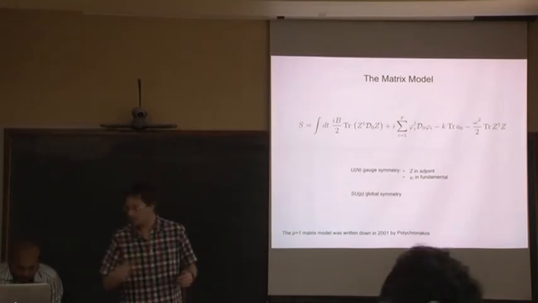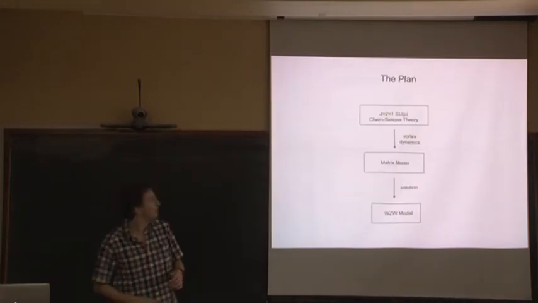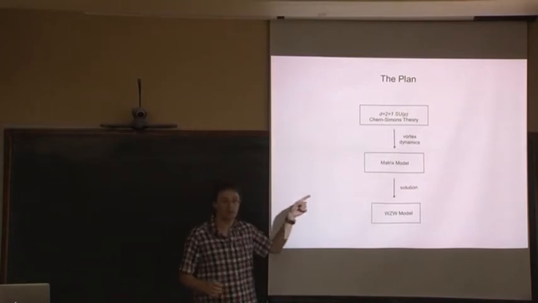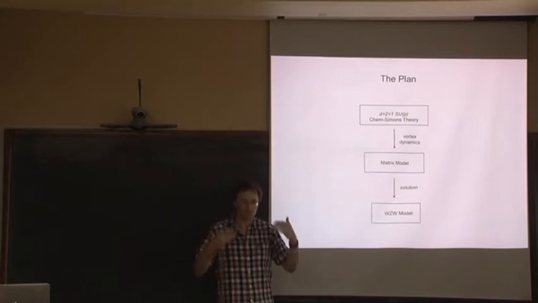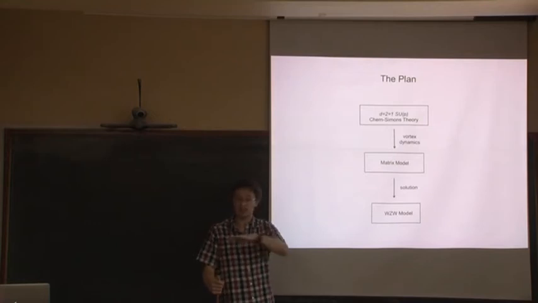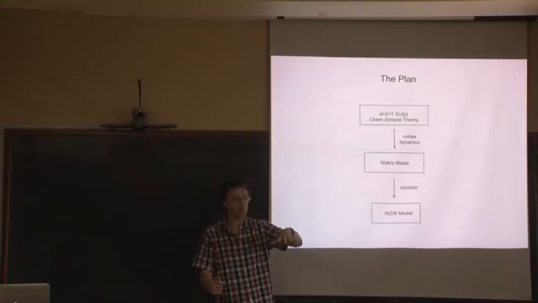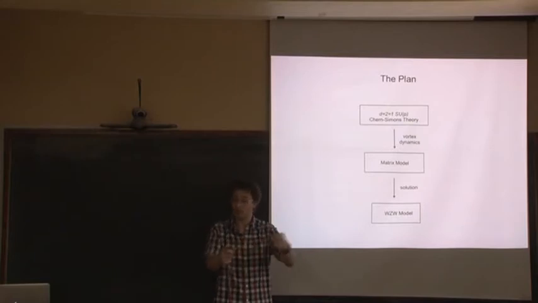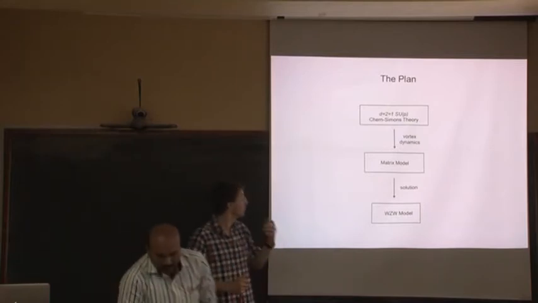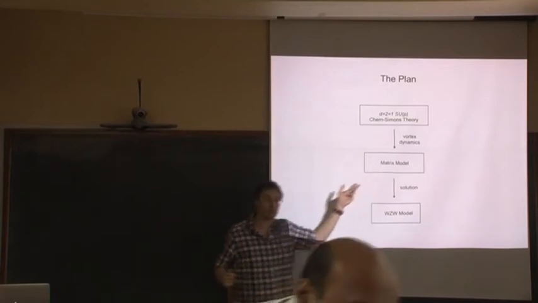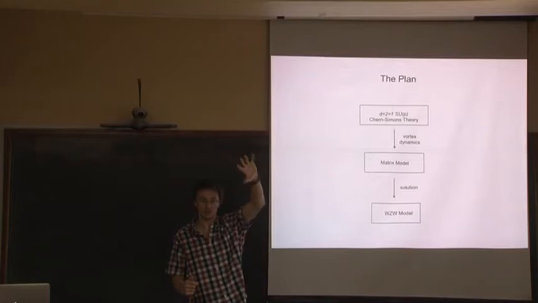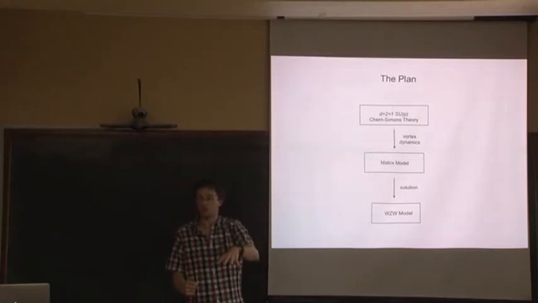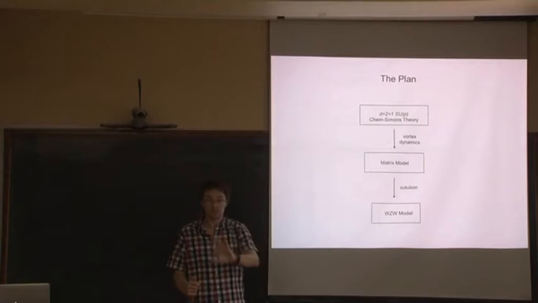What I really want to do in this talk is twofold. The first part of the talk, I want to tell you where the matrix model comes from, which Alexios didn't know back in 2001. In fact, I'm not quite sure where he got it from. He just kind of wrote it down. We're going to derive this matrix model, and the basic idea is you start from a Chern-Simons theory in 2 plus 1 dimensions, and you look at the dynamics of the vortices in this Chern-Simons theory, and the dynamics of the vortices will be described exactly by this matrix model that I've just written. And if you start with a U(p) Chern-Simons theory in 2 plus 1, you get this SU(p) global symmetry. Okay. So that's the first part of the talk.